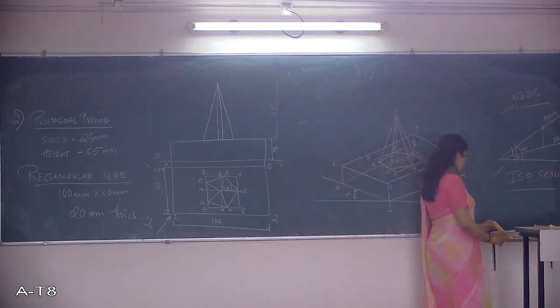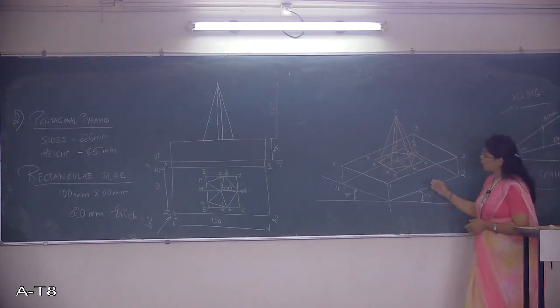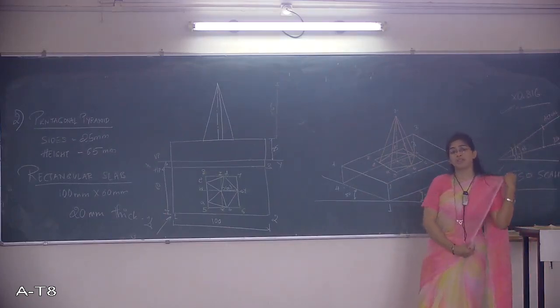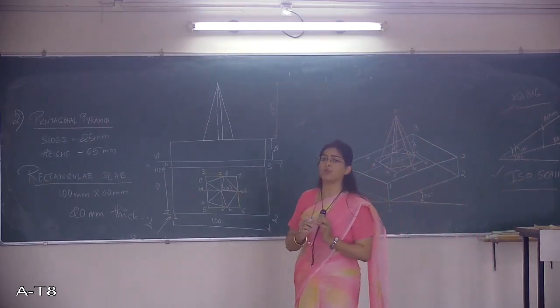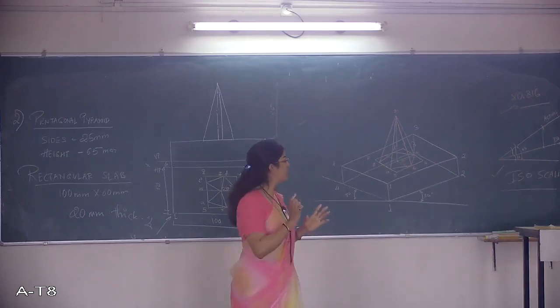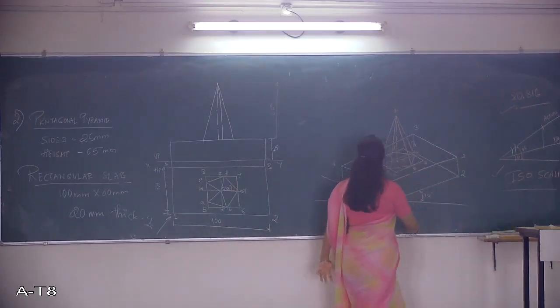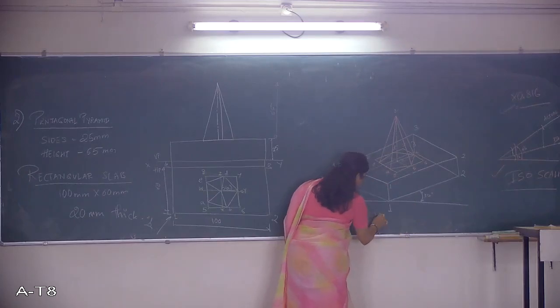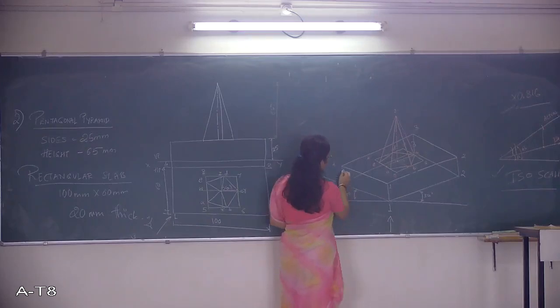All the markings have been made only from the construction point of view. You need not show the markings, but make sure that all the construction lines are retained. You need not erase any of the construction lines. All have to be drawn very light, and only what is visible finally has to be shown dark. So as I said, we are the observers here. We are going to observe from here basically. So what is visible? This complete,